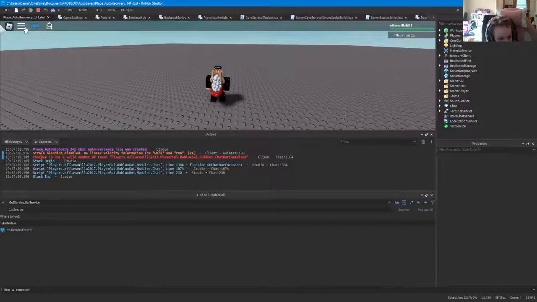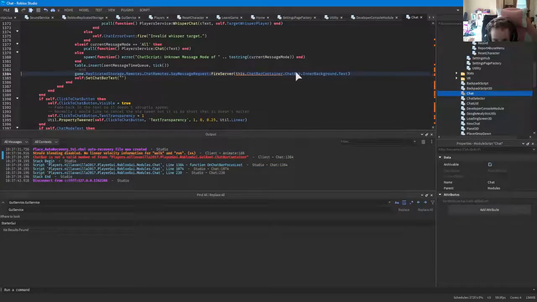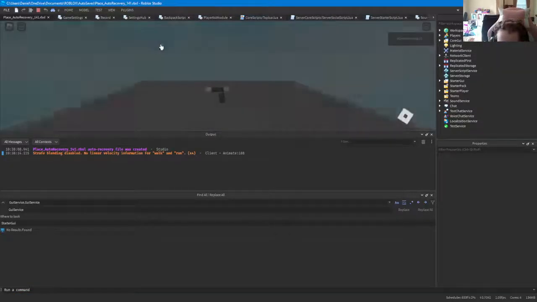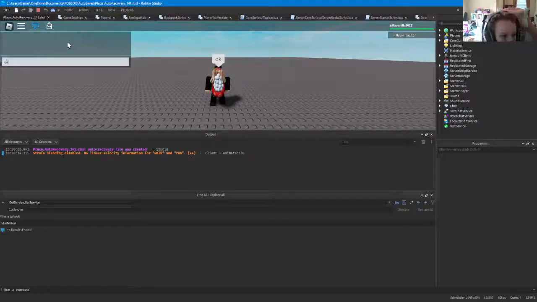There we go. Now, I'm still not working. Oh, I did it in the wrong order. That's weird. Dot chat bar dot text. Okay, and I have to set up the handler